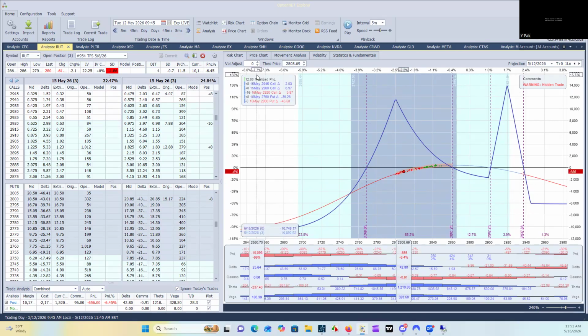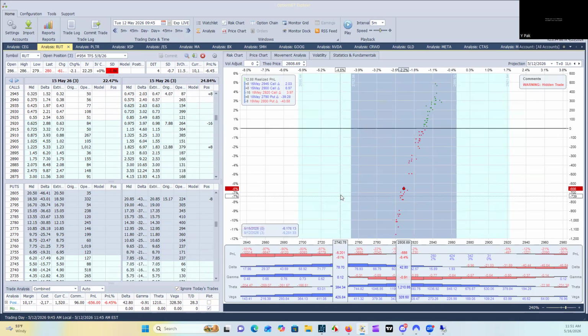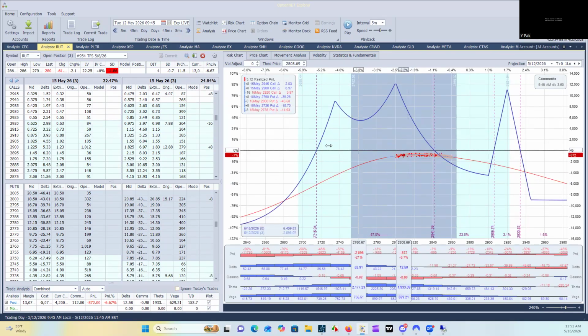So by adding that calendar, our delta went down to 12. I keep hitting the wrong one. Okay. And so this gave us more room to the downside. I was afraid that the market was going to keep going down, so the volatility would go up and then the Vega would go up. That'd be good. But by doing that,